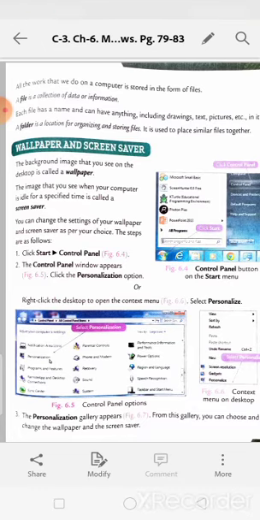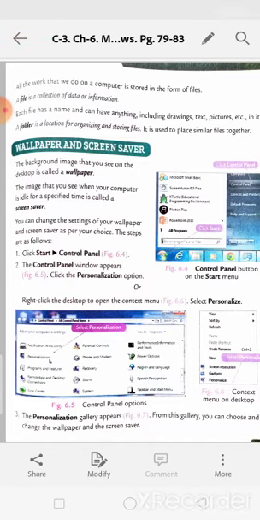All work that we do on a computer is in the form of files. A file means a collection of data or information, and each file has a name and can have anything, including drawings, text, pictures.